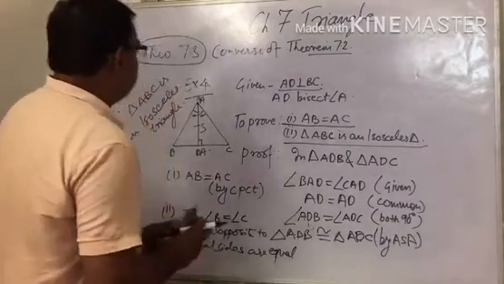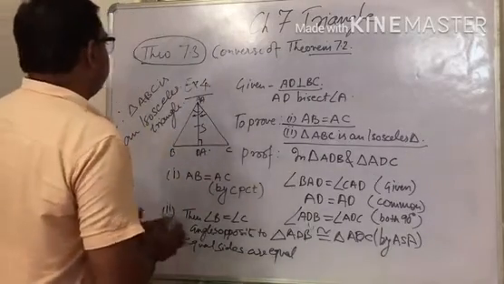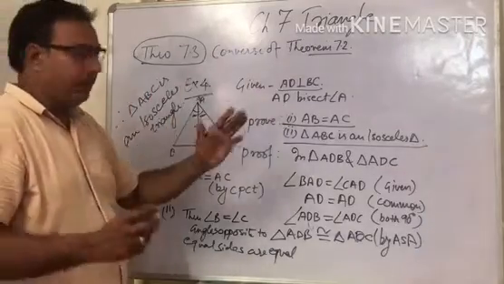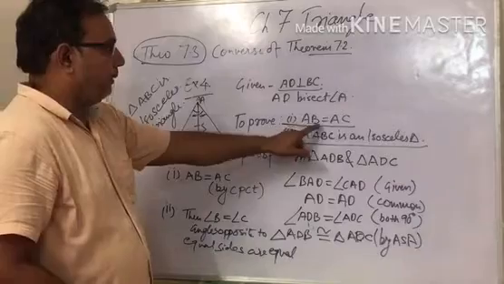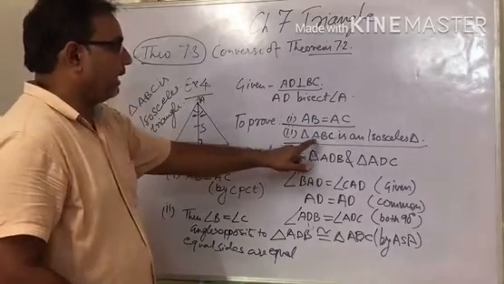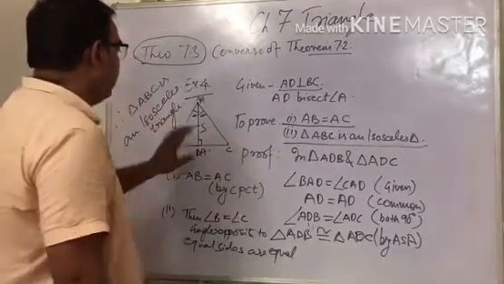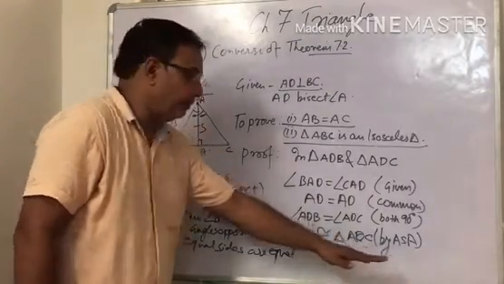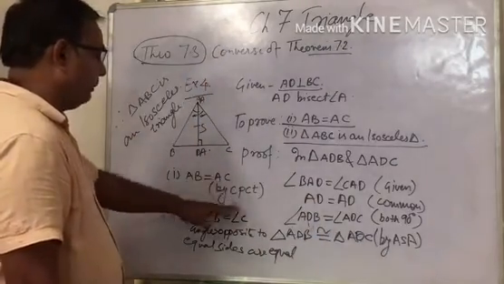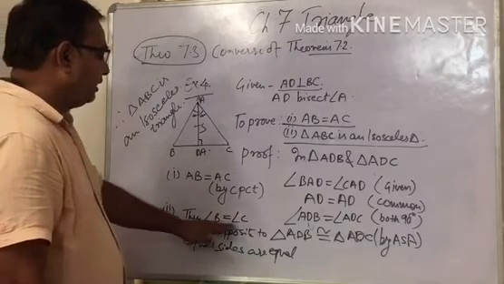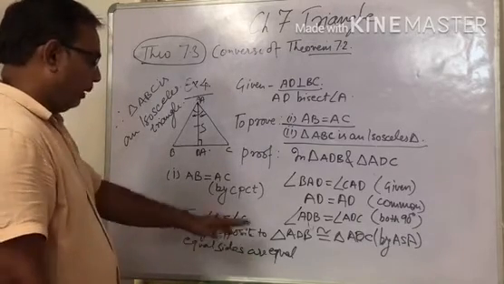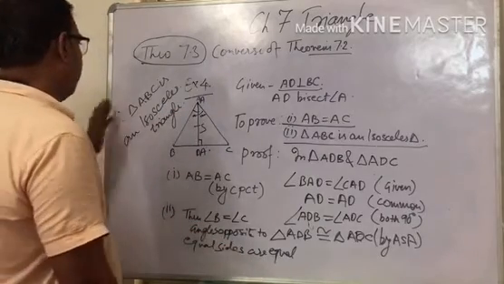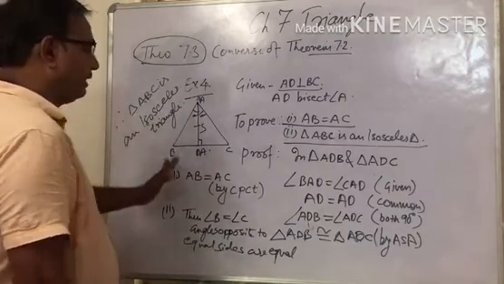Okay, now let us discuss some exercise questions. In this, I repeat, we have to prove AB is equal to AC, and second, triangle ABC is an isosceles triangle. First we prove these two triangles congruent by ASA. Then AB is equal to AC by CPCT. Then angle A is equal to B. You can use the property, or you can simply write by CPCT. Therefore, ABC is an isosceles triangle.